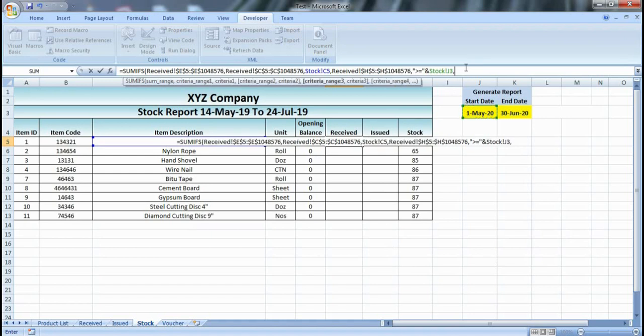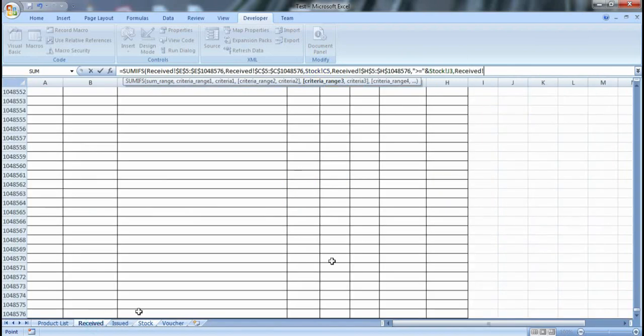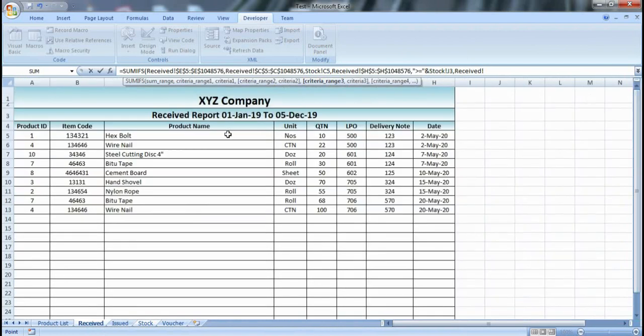Now it is asking for criteria range 3. So again I will go to the receive sheet. This is the criteria we first selected for the start date. So now we are working on the end date.